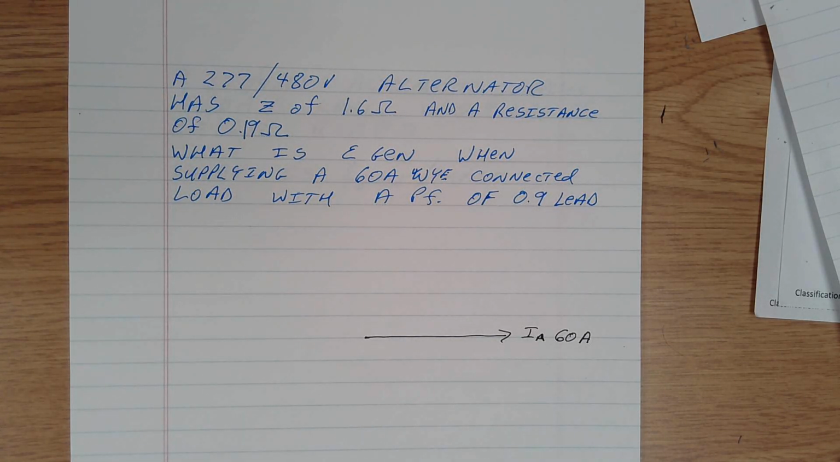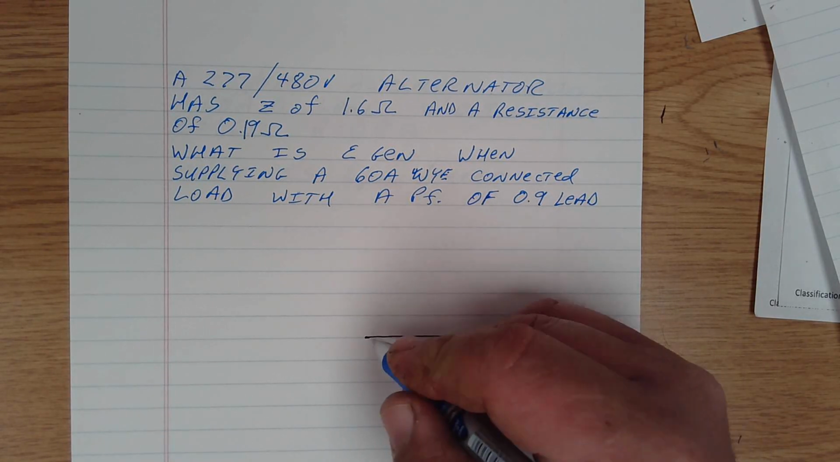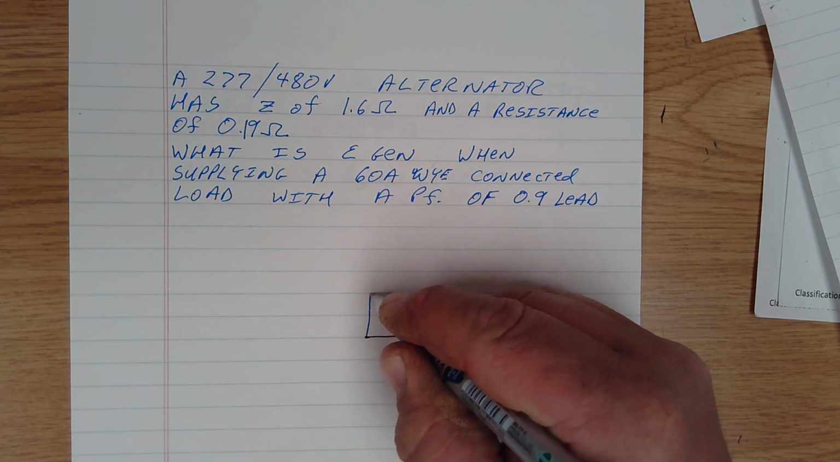Alright, now we're going to take that same alternator that we talked about in our last example, and to keep things simple, we're going to feed that same load with the same current value, still Y connected, but now this load is going to have a power factor of 0.9 lead. So our Z and everything, nothing about the alternator is changed. So our Z value is still happening at